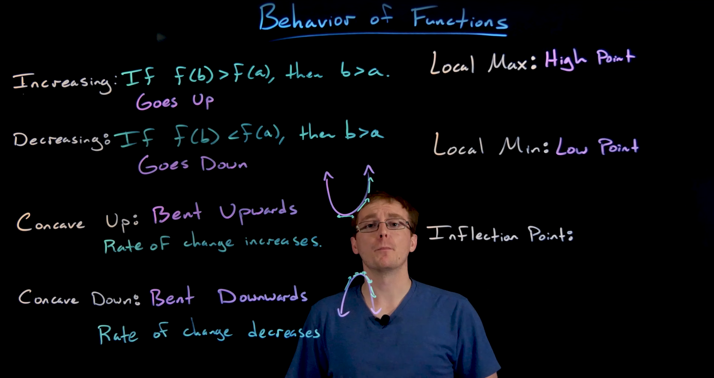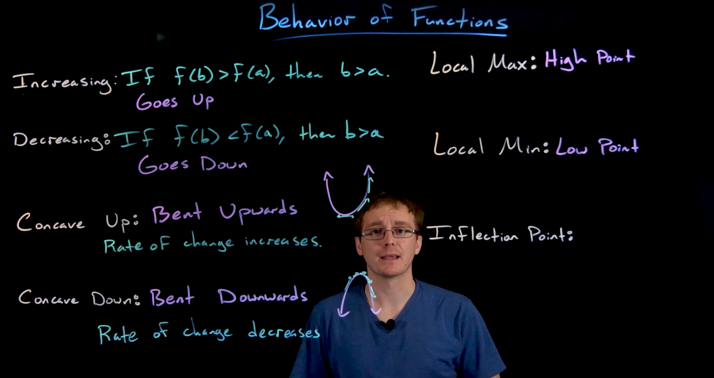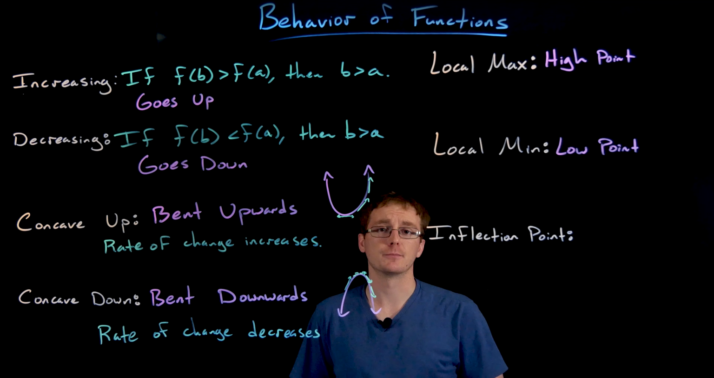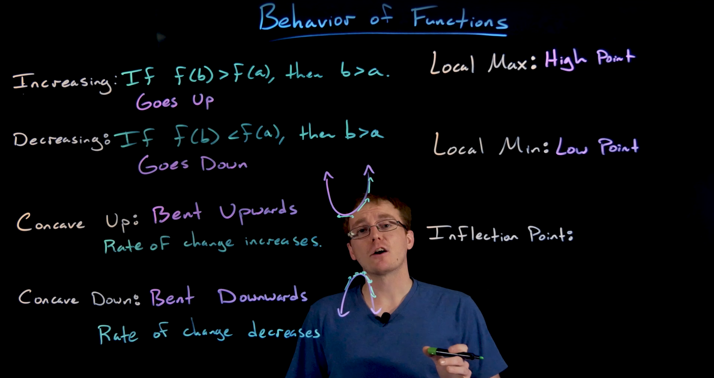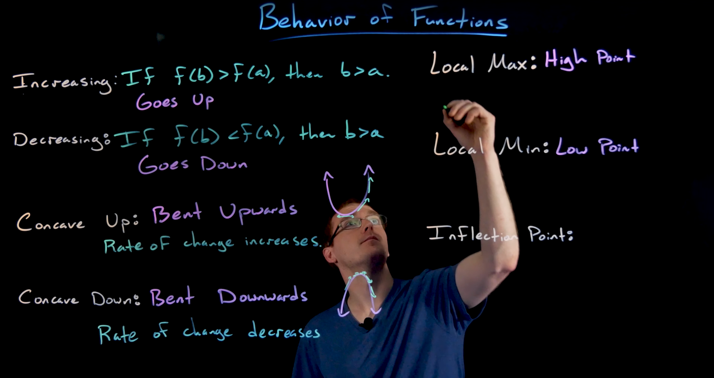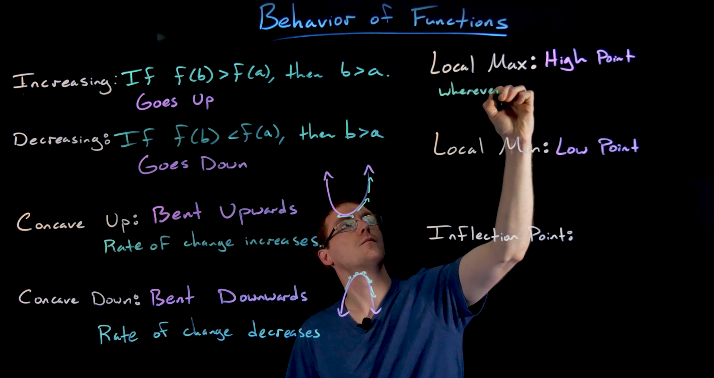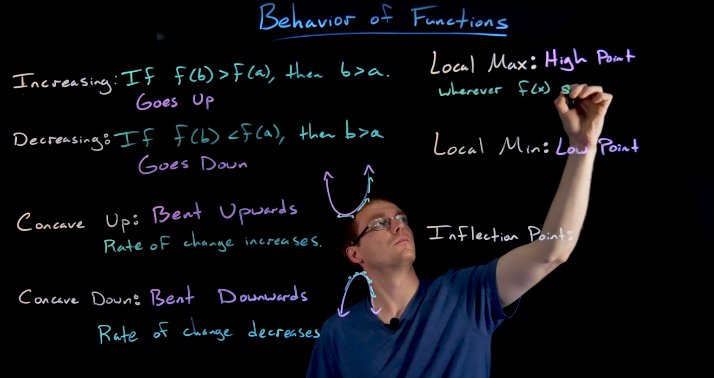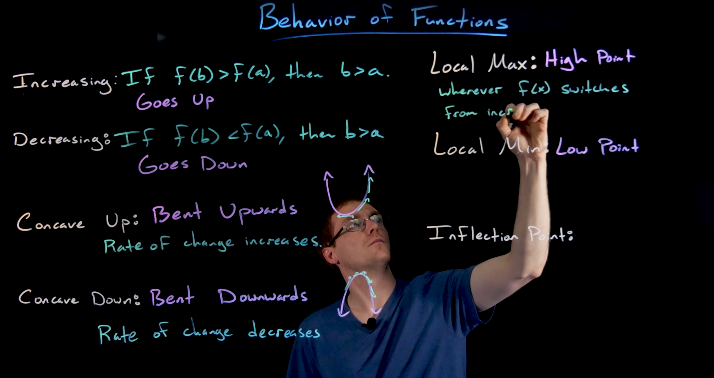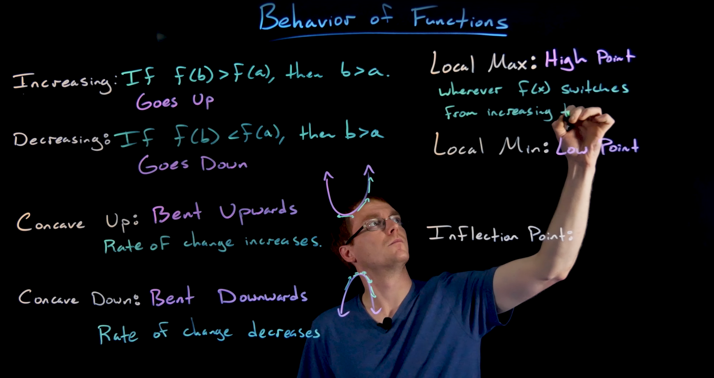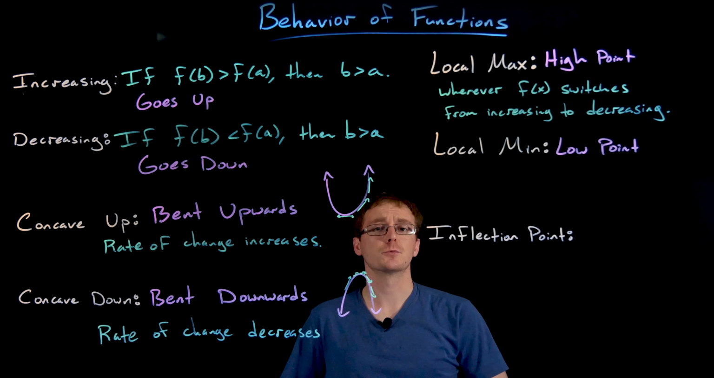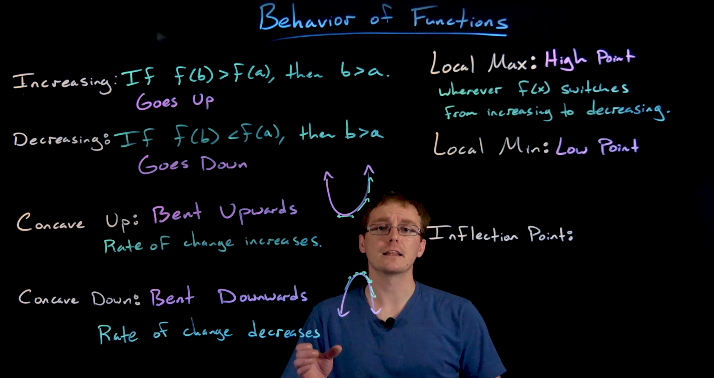We can have multiple local minimums and local maximums depending on how our function is behaving, and it is totally possible for a local minimum to actually be larger than some other area's local maximum and vice versa. And so we say our function has a local maximum wherever our function switches from increasing to decreasing. So wherever our function switches from increasing to decreasing, that is going to create a local maximum on the graph